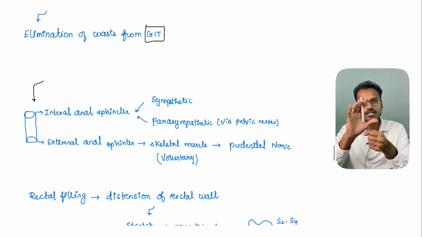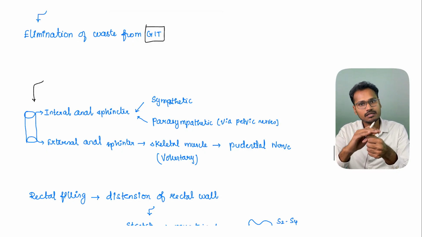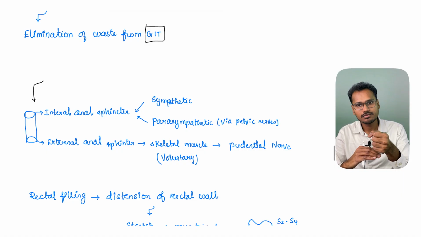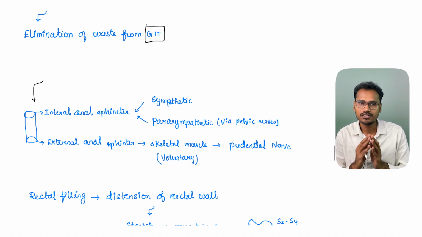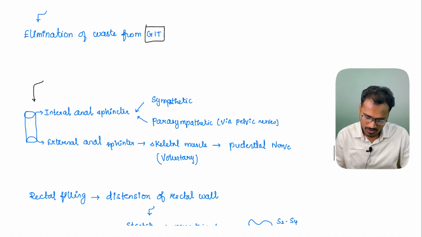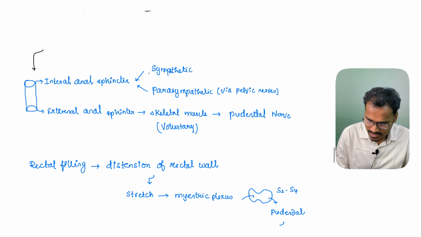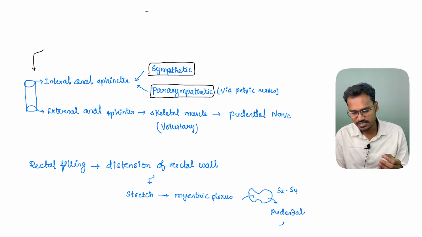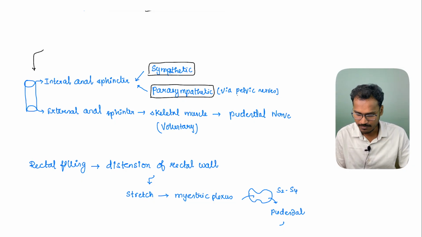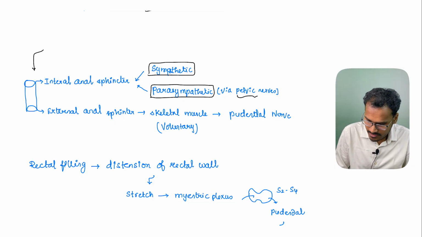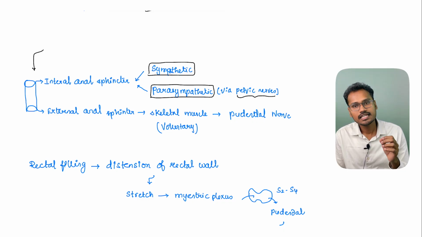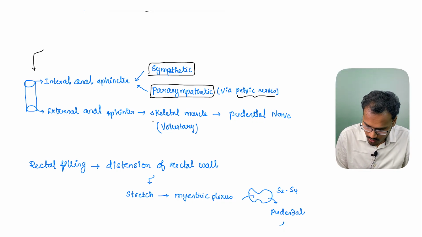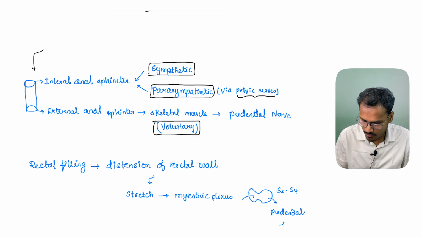The food starts to accumulate in the rectum. Till that time, the internal anal sphincter and the external anal sphincter both keep the anal cavity closed. The internal anal sphincter is under the control of the sympathetic and parasympathetic systems. The parasympathetic system helps to relax the sphincters via the pelvic nerves. The external anal sphincter is actually a skeletal muscle which can be controlled voluntarily with the help of the pudendal